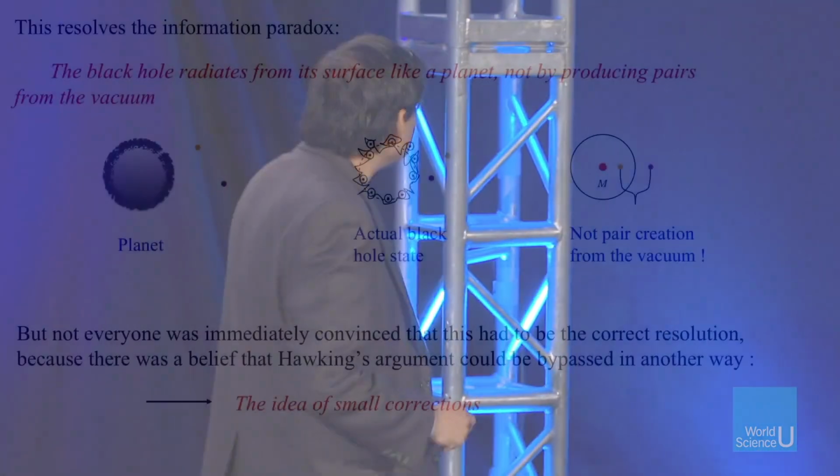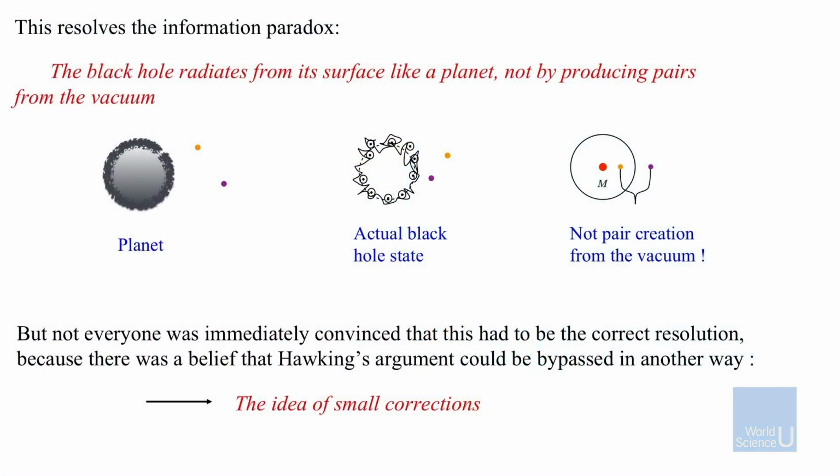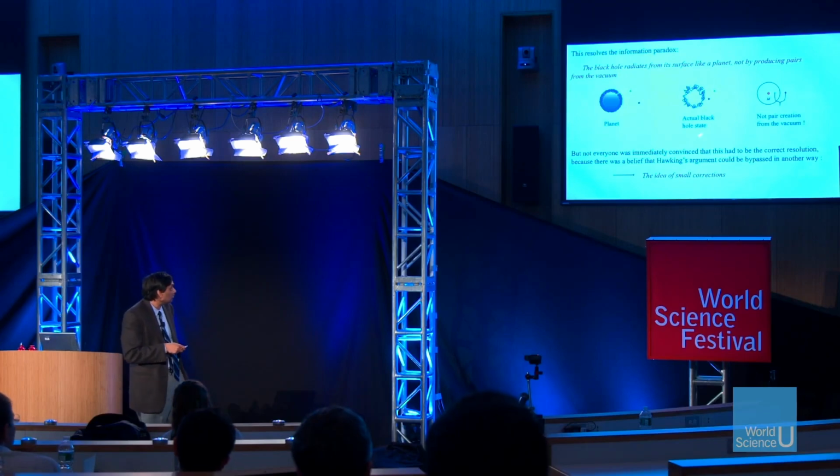And now let's see the crucial question. We at least resolved the information problem, because in a planet we had no information problem. It radiates from its surface, and the atoms really see what's there and carry out the information on the surface. The same is true for the fuzzball. Different fuzzballs have different shapes, and the information goes out from the surface, and you don't get the usual thing where everything makes a vacuum around here, and the actual radiation happens from particle pairs being pulled out of the vacuum. That process is not the true process of how black holes vanish.